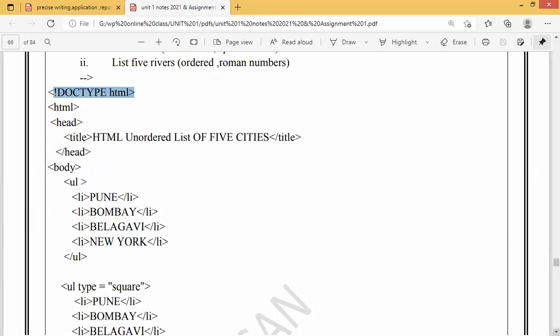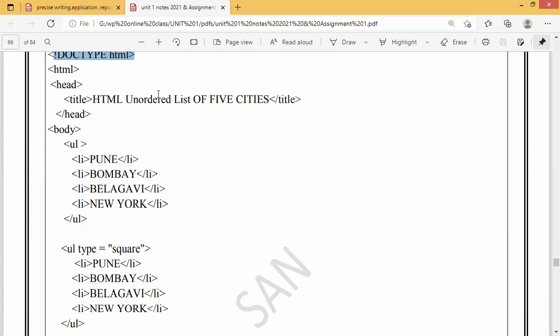Then I went to write the code where I started up with the body tag, right? So students just enter your details into the chat box. So I started up with the body tag, right? And after writing the body tag, we wrote a body tag here. And then I went for unordered list. Did you see that? I went for unordered list.